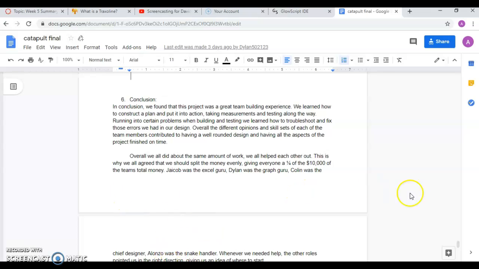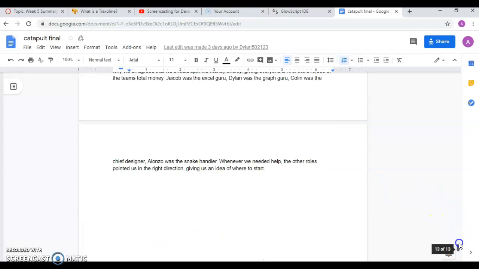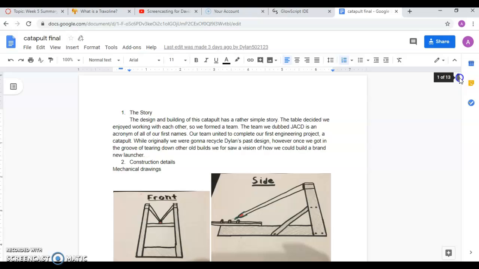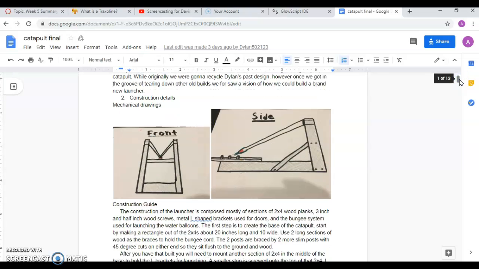But I overall think this was a great introduction project. It points us in the direction of where this class is going to go, and just how individual and student-based it is, rather than following bullet points on a PowerPoint. So it's a nice change of pace. I would definitely say it's more intriguing than sitting down and just watching a teacher point at slides. So